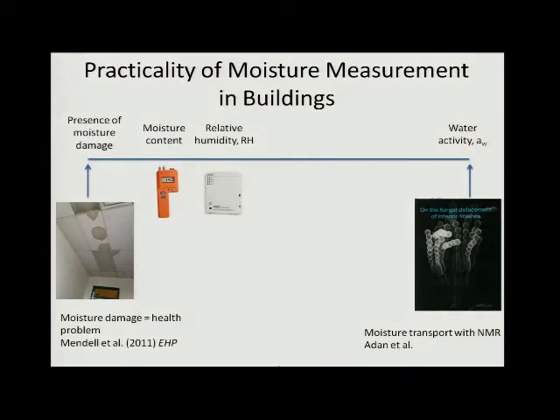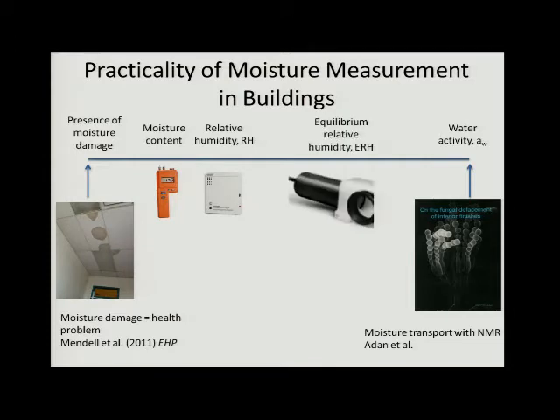So what people tend to do a lot of is measure humidity. And Jordan mentioned this, there are many, many humidity sensors available. They measure relative humidity. Many of them can data log for long periods of time. And we can get a sense of how much moisture is in the air.